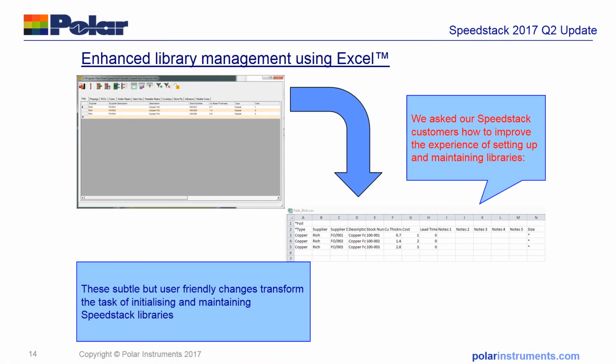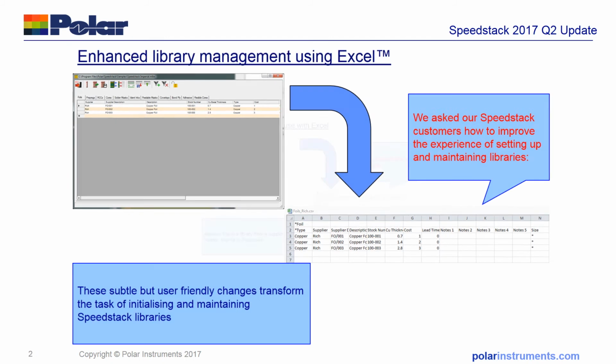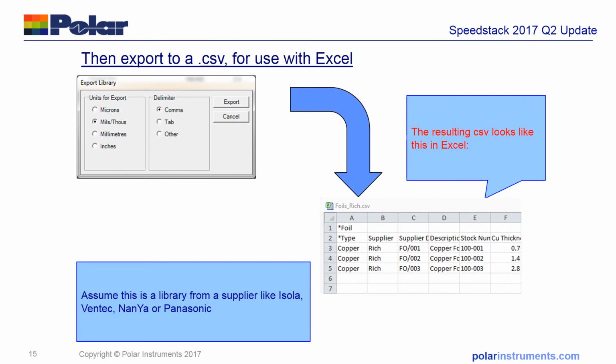The key feature is enhanced library management using Excel. It's now possible to export the library into Excel. In this case, we've exported into an imaginary supplier called Rich. The data is exported in comma, tab, or other delimited format. In this case, we've exported a library in mils, edited the copper foils,